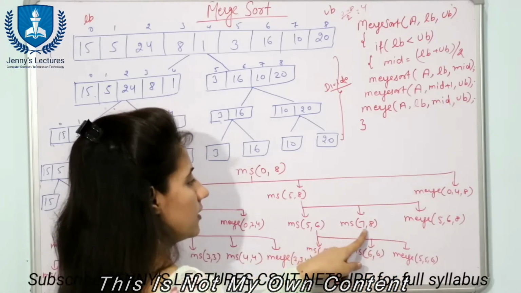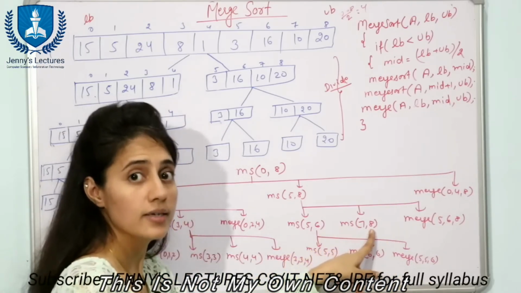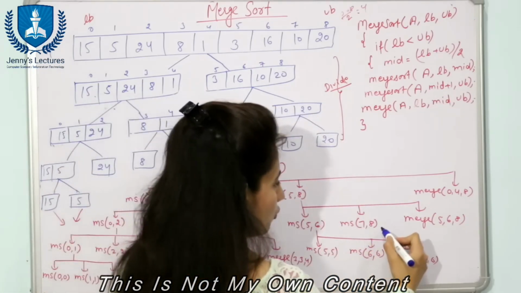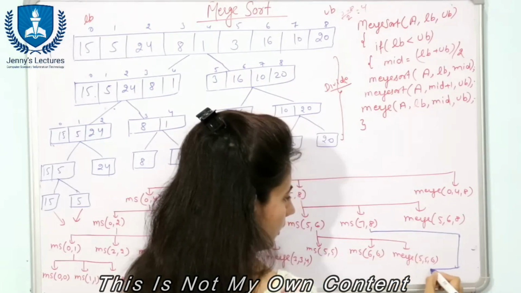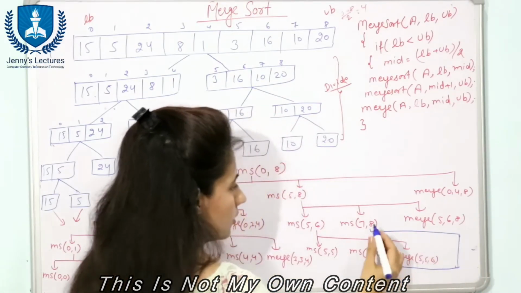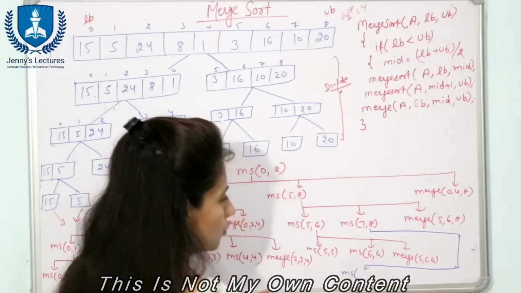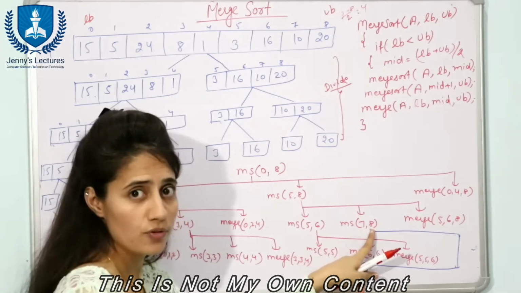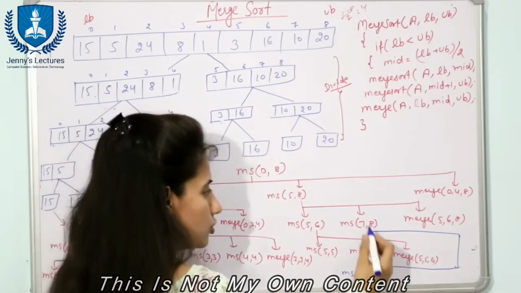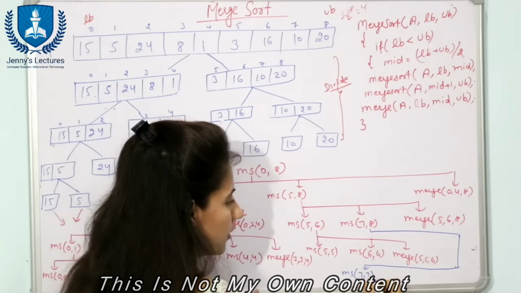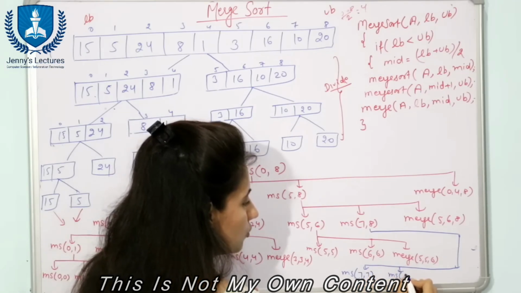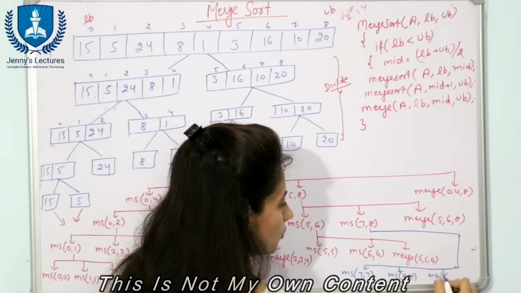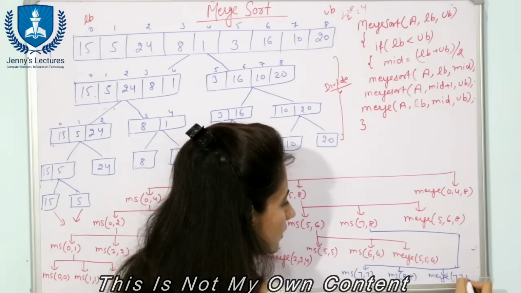Now 7, 8. 7 is less than 8. Yes, this condition is true. So again divide this into 3 parts. Now I am going to divide it here only. So now first is merge sort 7 to 8. Calculate midpoint. 7 plus 8 is 15 divided by 2 is 7. So 7 is midpoint. 7 to 7. Then merge sort mid plus 1, 8 to 8, and then we are going to merge 7, 7 and 8,